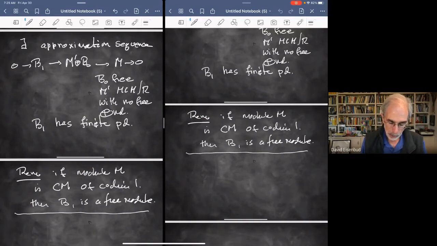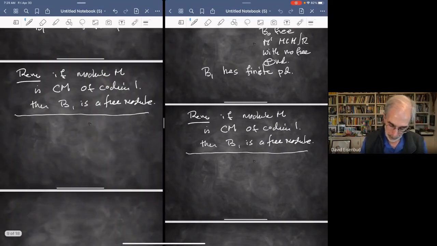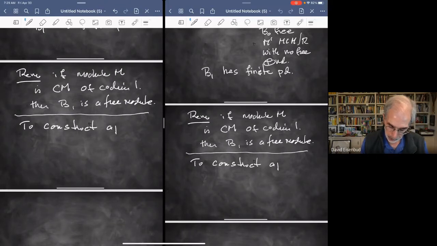And then B1, well, whether B1 is finite projective dimension or not won't depend very much on B0 because I'm just adding free stuff there. So I need somehow to understand why the B1 should have finite projective dimension as part of the construction. So how do you construct M prime? Here it is. So to construct the approximation sequence,